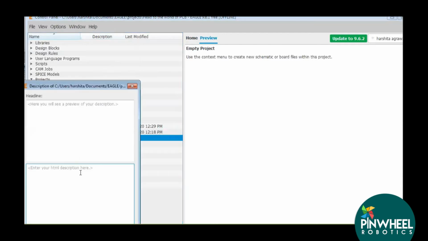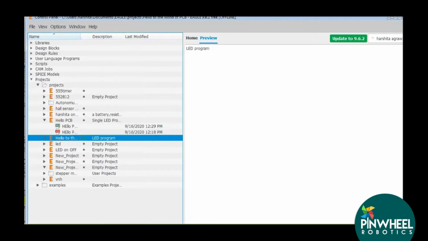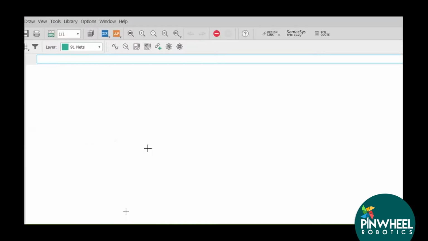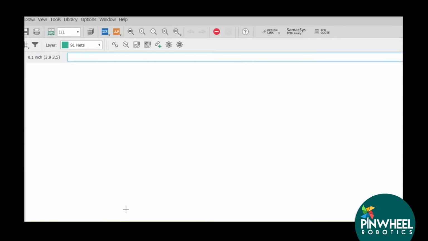For example, my PCB is about the LED program, so I will mention here LED program. Okay. Now I want a new schematic, so I will go to the schematic. You can see this is the schematic window.